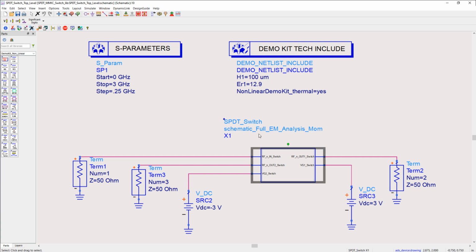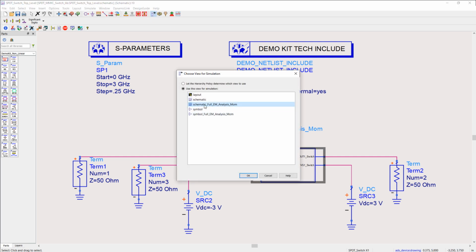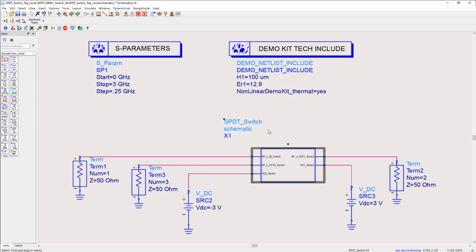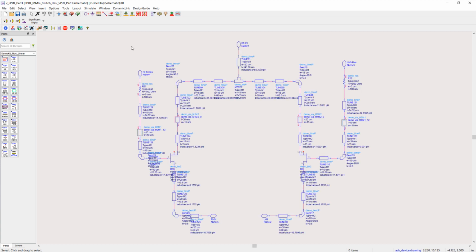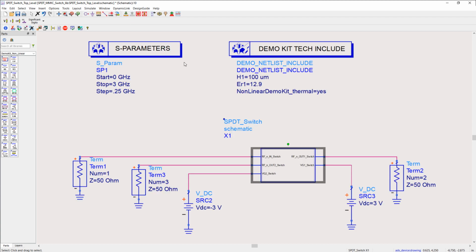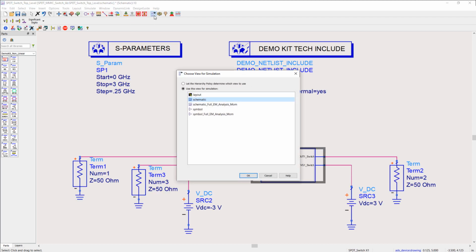Now here in the test bench, I selected first the original schematic view, and you can push into the symbol and see the content of the switch subcircuits. Or we can shift views and select the EM model view that we have just finished simulating in RF Pro.